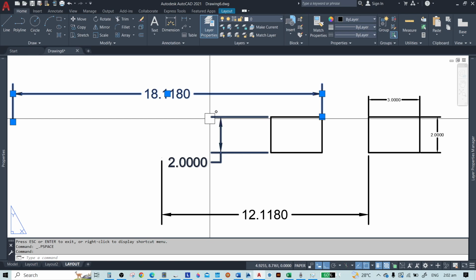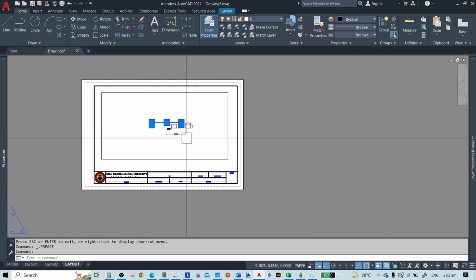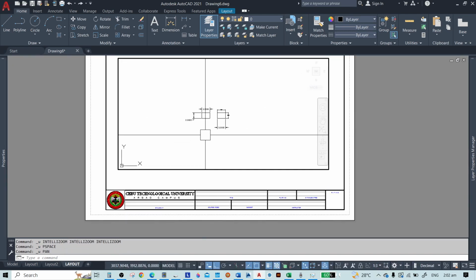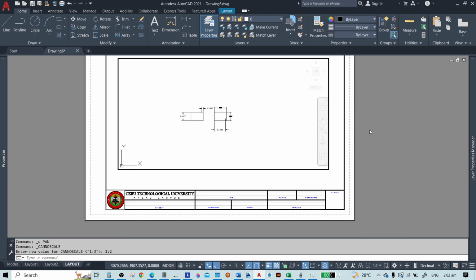So the dimension that we have made was damaged. And also if we do another scaling, let's go back, okay, and then let's apply another scale.